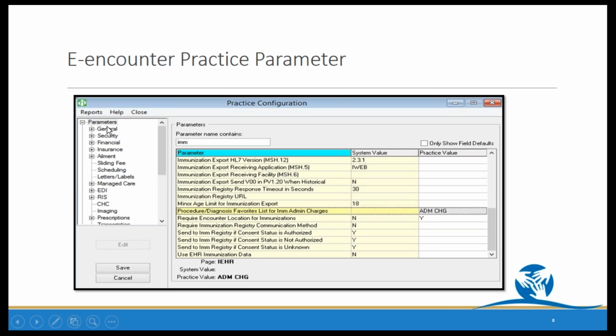Once you get in here, if you're highlighted on the parameters and you just type in IMM, what we're looking for here is procedure diagnosis favorite list for immunization admin charges. If yours does not have anything here, you would want to double click and find the list that you created